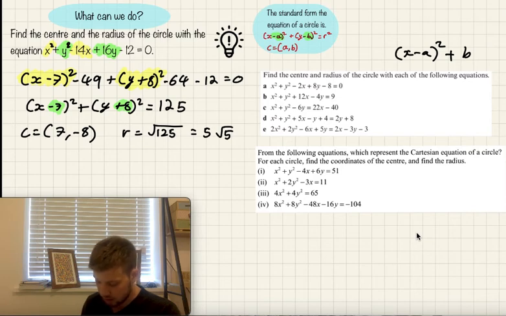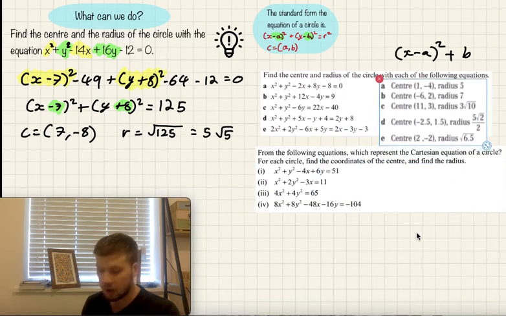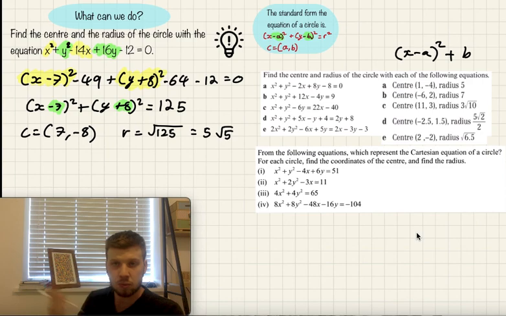Hopefully you've done that. So what I'm going to do is just show you the answers to part A, and we should get 1, negative 4, and so on and so forth. And then for part B,